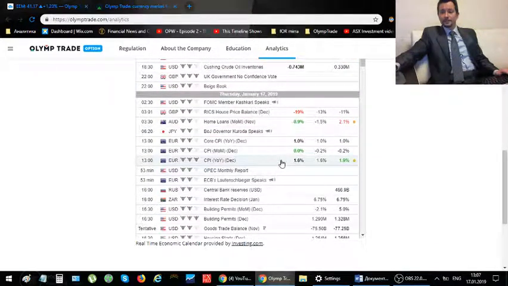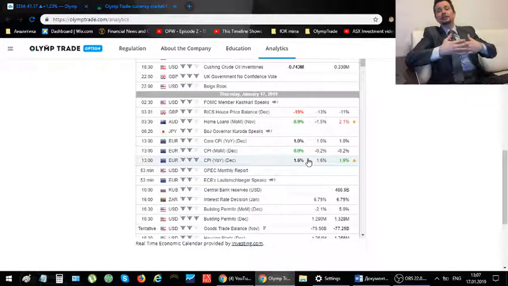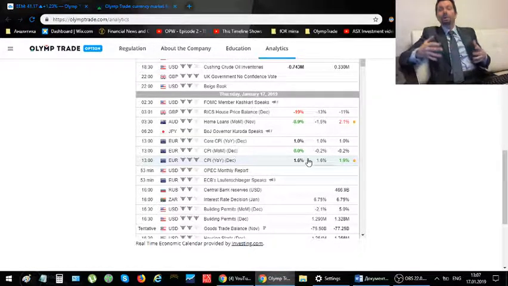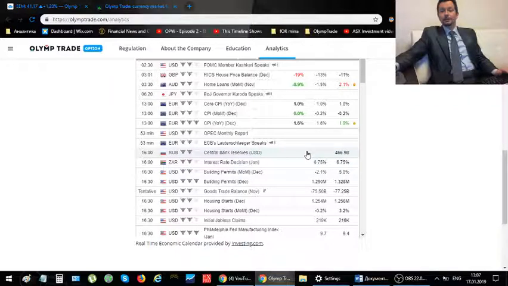But here we have Thursday's CPI. Basically, they stay standard. CPI means Consumer Price Index, and that basically is a basket of goods that people pay for their daily lives. The higher this number is, the more inflation is in the country. This is a very direct indicator of inflation. We have Lautenschlager giving a speech today.